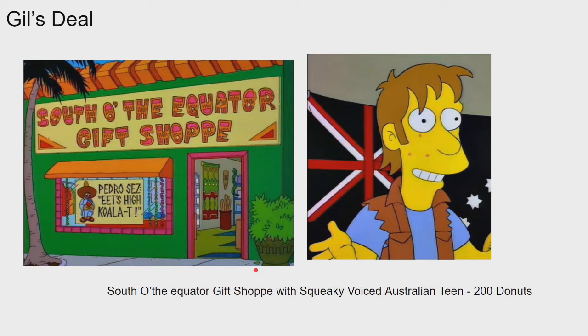So there's going to be a Gil's deal. Gil's going to be like, yo, do you know what's worse than trying to sell gift shops are hard to sell? Have the south of the equator gift shop with the squeaky voiced Australian teen for 200 donuts. Yeah, I don't know. But Gil comes along and offers this Gil deal. So you get the south of the equator gift shop, or shoppy, with the squeaky voiced Australian teen for 200